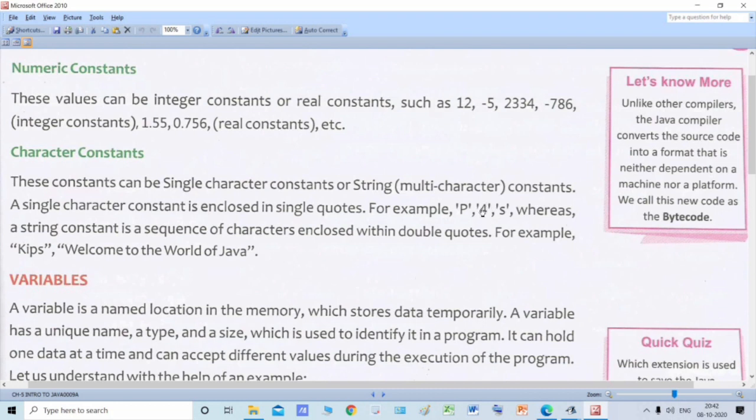If you remove this single quote, then this will be treated as a numeric constant of type integer. A small s inside single quotes is a single character constant. Whereas a string constant, string means a sequence of characters, is enclosed inside double quotes. For example, see, this Kips is written over here inside the double quotes.